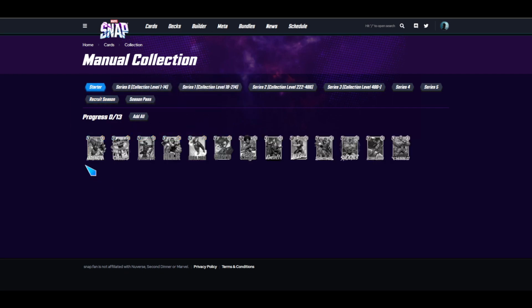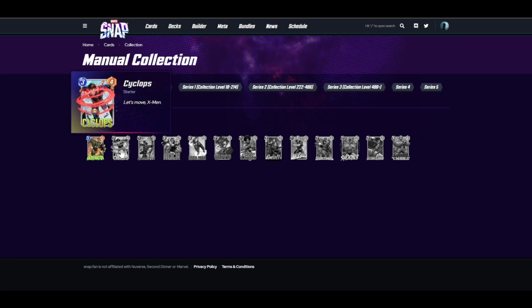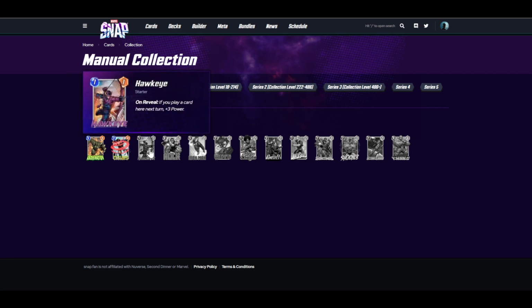Then we have the starter cards. We have the Abomination for 5 mana, 9 power, 9 energy, which is great, but it's nothing more than that. Then we have the Cyclops for 3 mana, 4 energy, nothing more than that. Then we have the Hawkeye, which is for 1 mana, basically 4 power, because usually what's going to